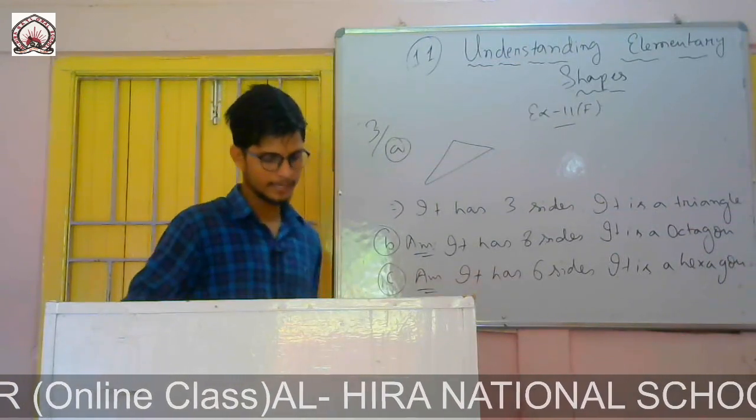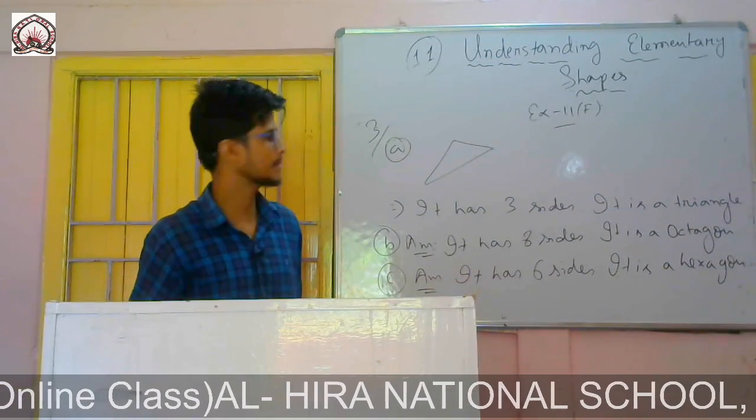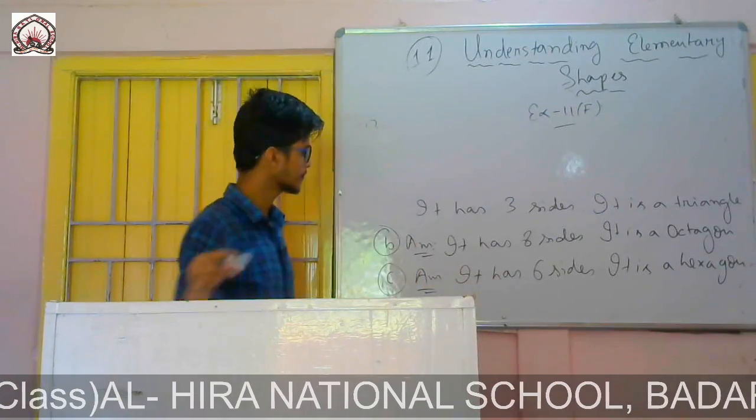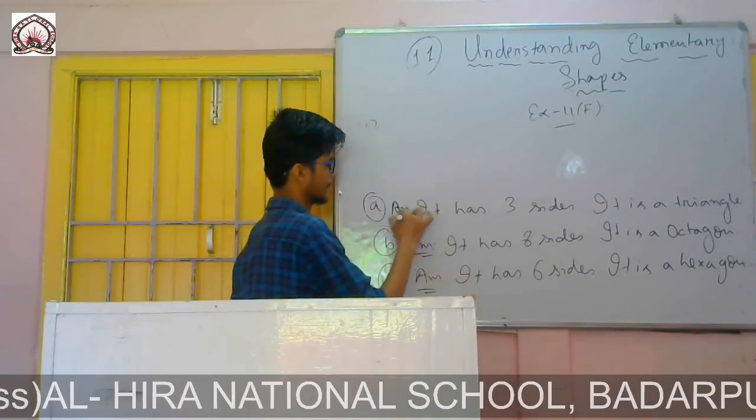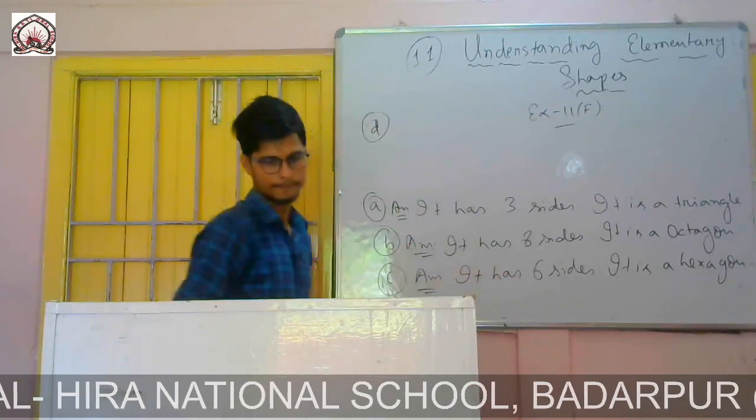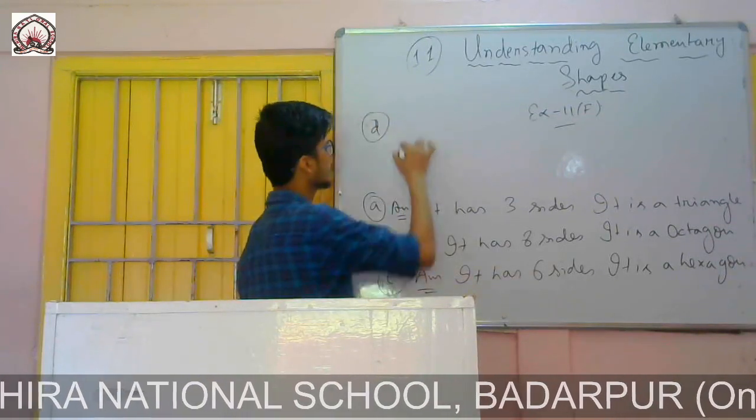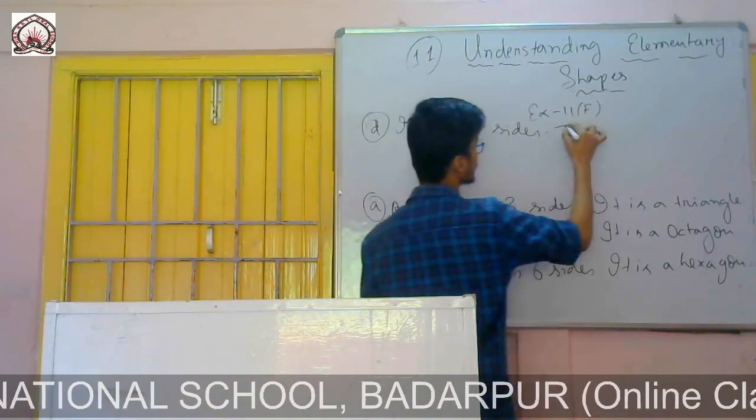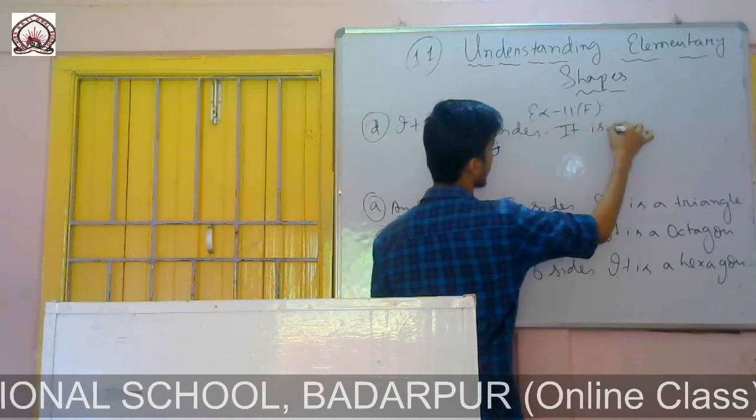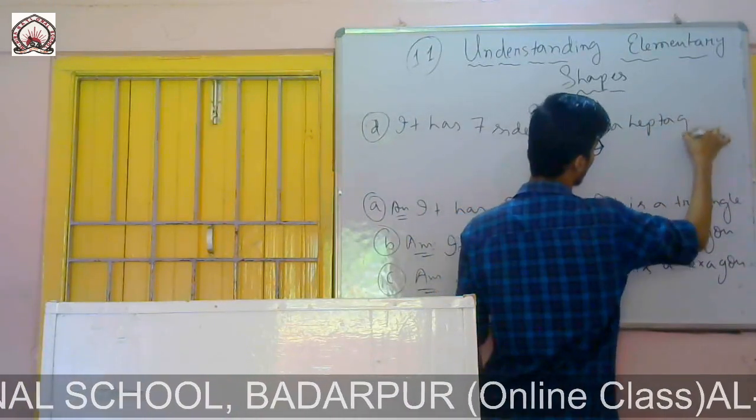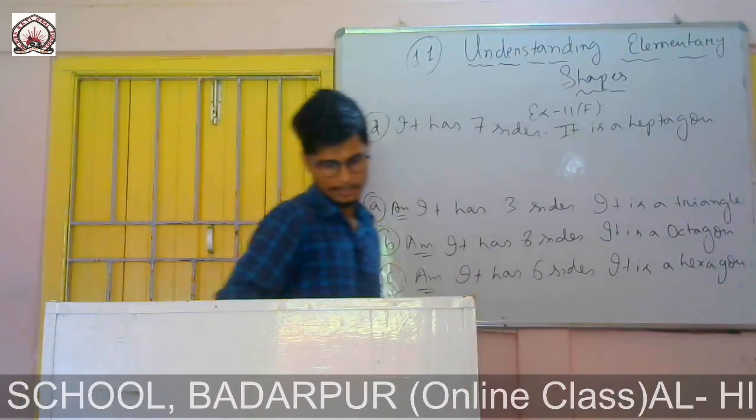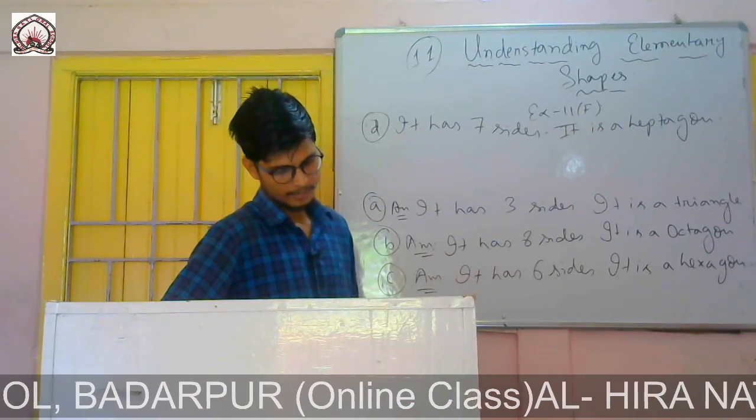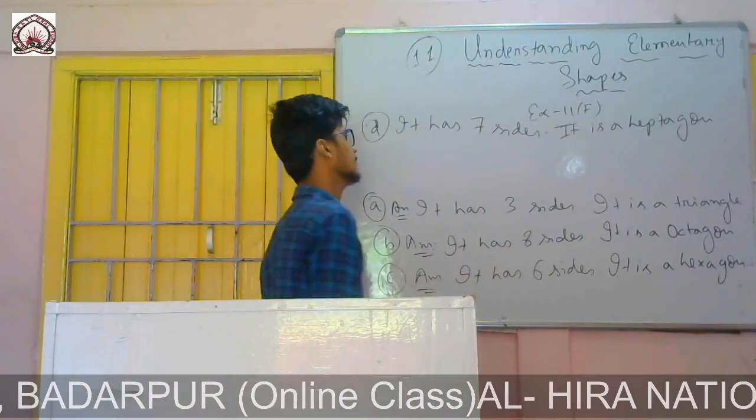Then question number D, 1 2 3 4 5 6 7 sides. So question number D, it has 7 sides, full stop. It is a heptagon. Then question number E, it has 1 2 3 4 sides, and if it is a 4-sided figure,